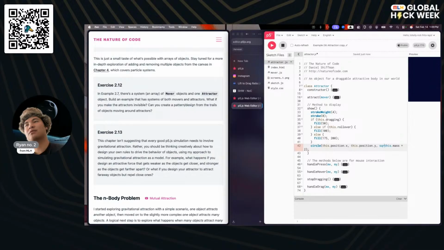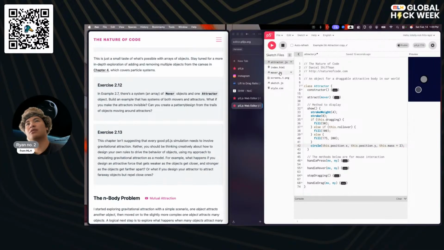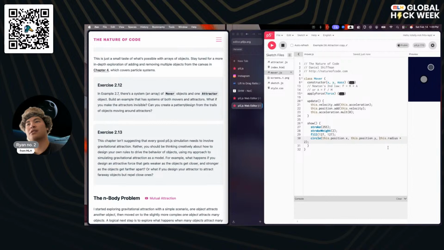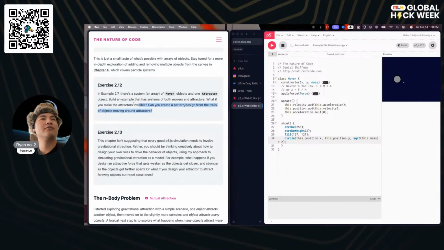Okay, we're going to make it so that the attractor is bigger, but that the mover actually does reflect. Okay, there we go. All right, now example 2.7, there's an array of mover objects and one attractor object.